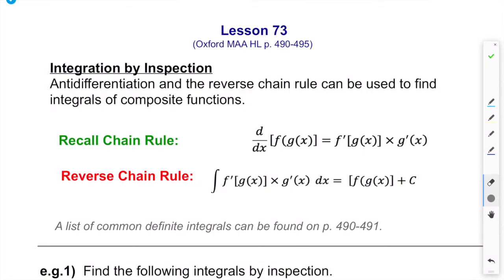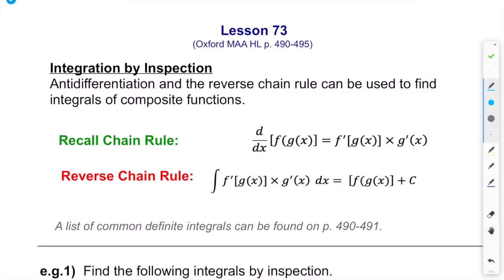Lesson 73. Starting from this lesson, we will be looking at specific techniques that you can use in integration questions. From the investigation, you have explored what the reverse chain rule looked like. Looking at the reverse chain rule here,